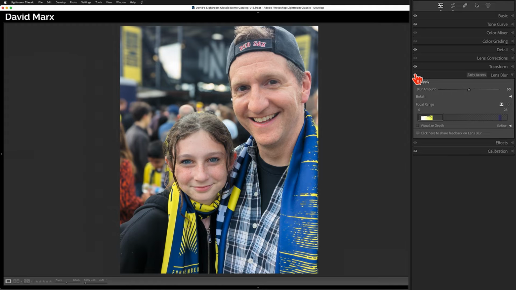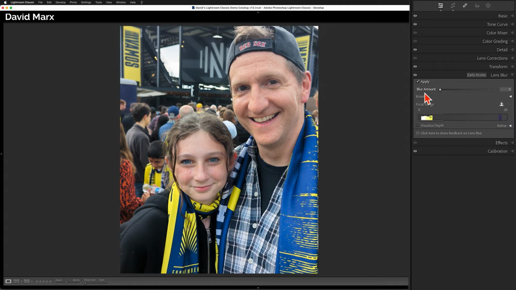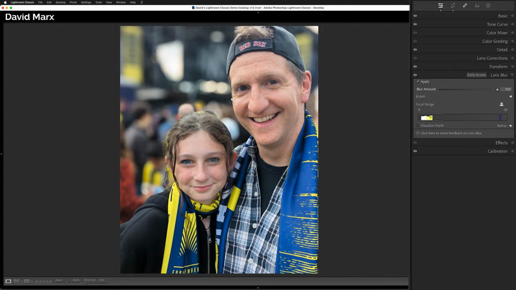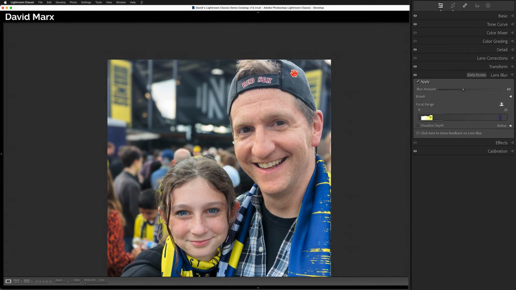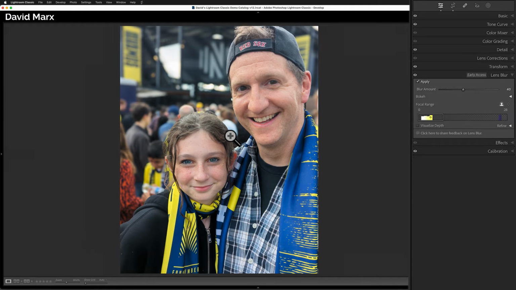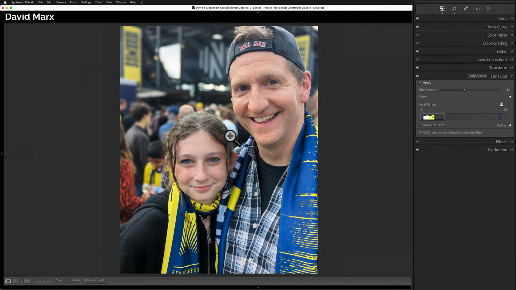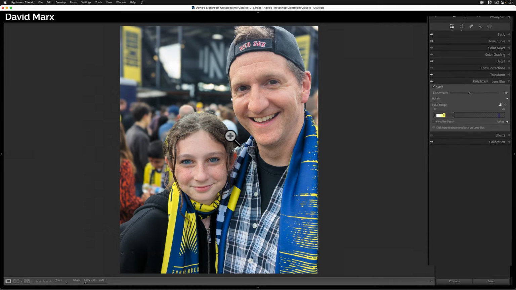If I want to control the strength of the blur that's being added, then I can drag this blur amount slider to the left or to the right. Cranking this one all the way up to 100% makes the image look kind of phony, but around 40%, I think the blur looks pretty realistic. If I zoom in to 100% and turn this tool on and off, look what a great job it did building a mask around my friend's head. I think this is pretty great, and the addition of Lens Blur definitely helps to keep my attention on their smiling faces and not on all of that distracting stuff that's happening in the background.